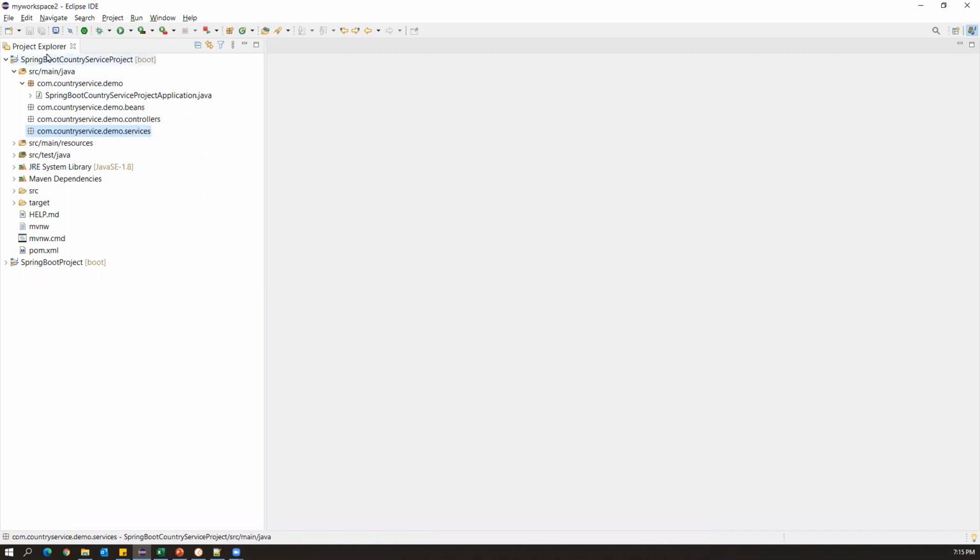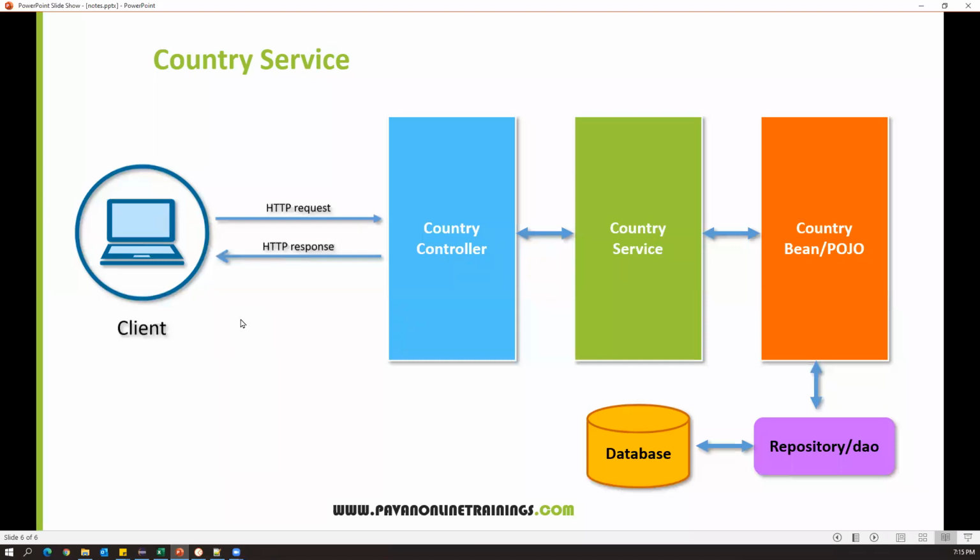Okay, so now with this we have done the project structure. So the structure we created. Now where exactly do we have to start? Before that, we need to understand the API endpoint, what exactly the service will do. So what is the main purpose of the service? I'm going to develop a country service. So what will this service provide?